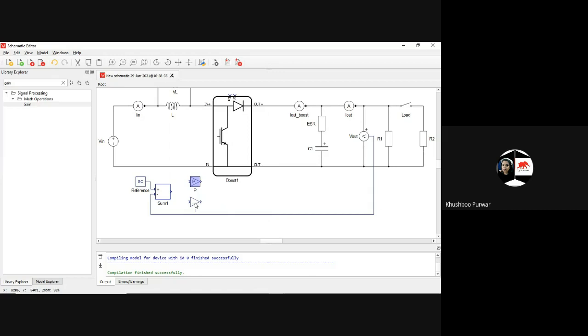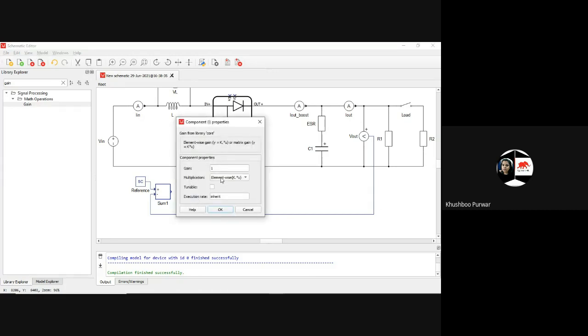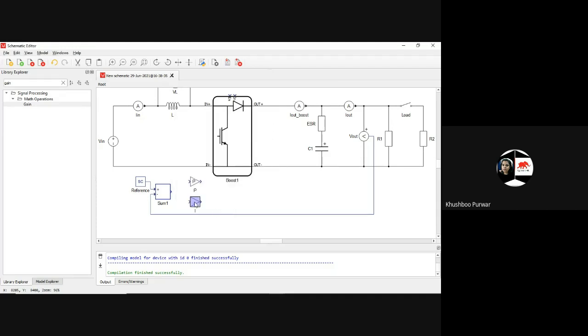Okay. So here my value will be 1. And this will be K. Okay.